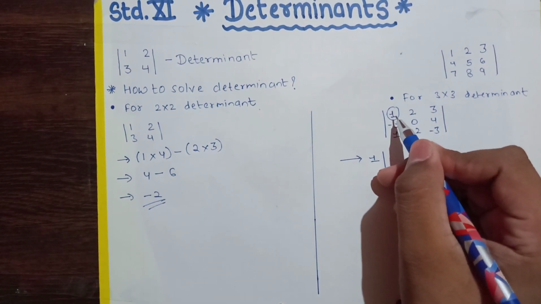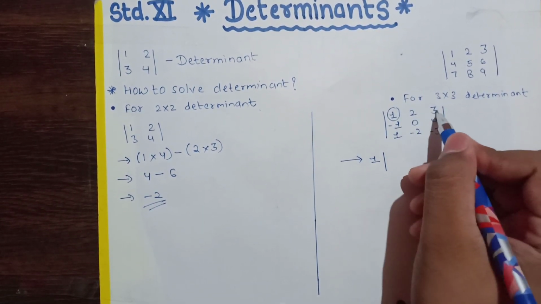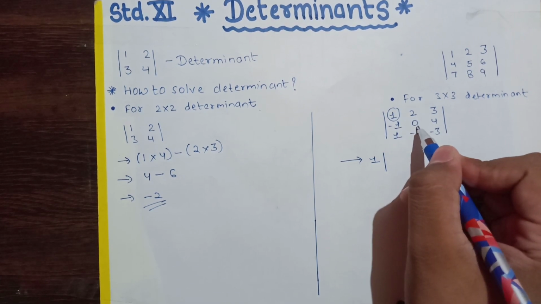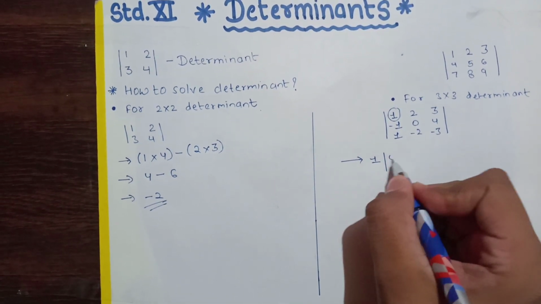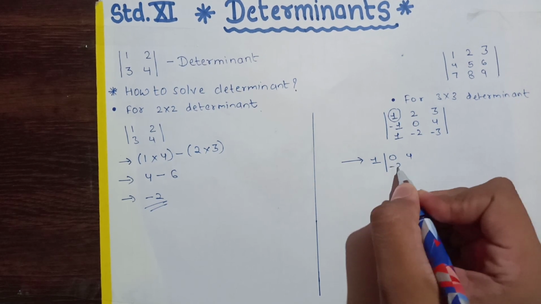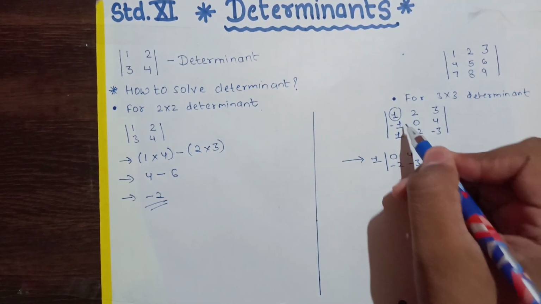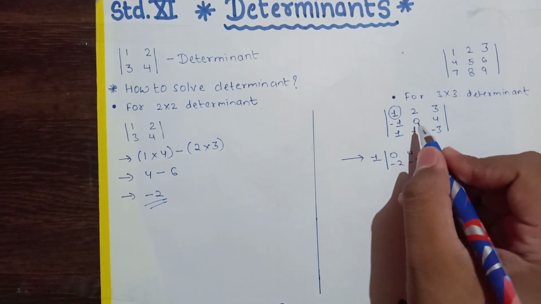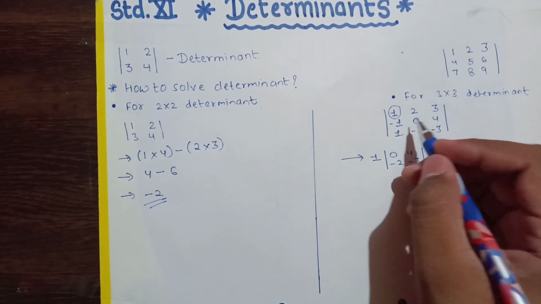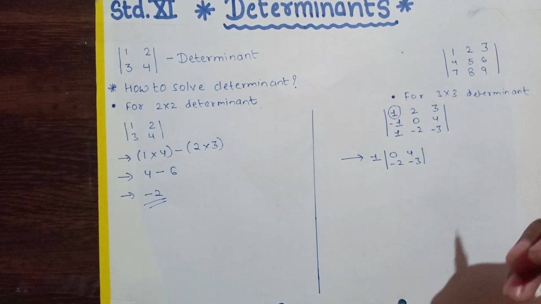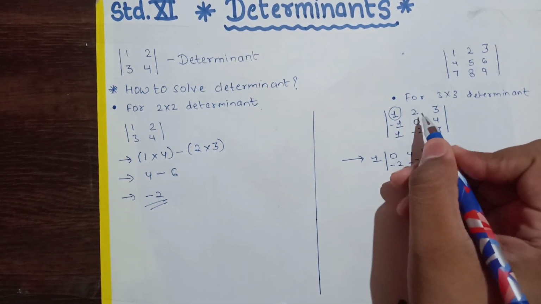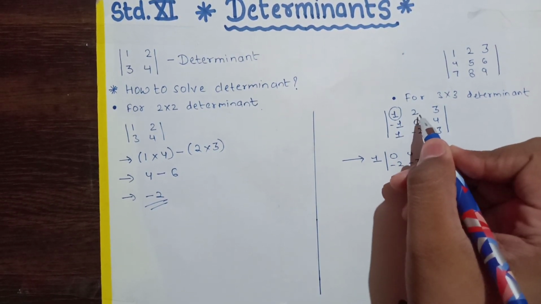See, so once we have taken this, then this whole line will get cancelled. Then we'll come here, we'll write this part: 0, 4, minus 2, minus 3. You saw we didn't take any number of this 2, 3, 1, minus 1 or 1. We just took the 0, 4, minus 2 and minus 3. Now if we are solving by row method, then we'll go to the next one, which is 2.